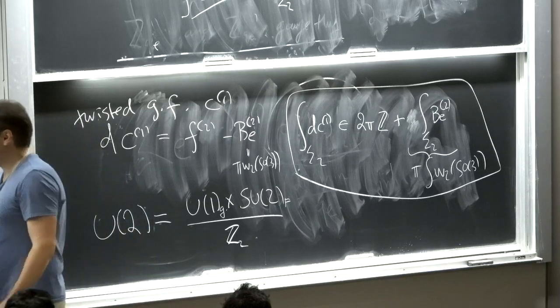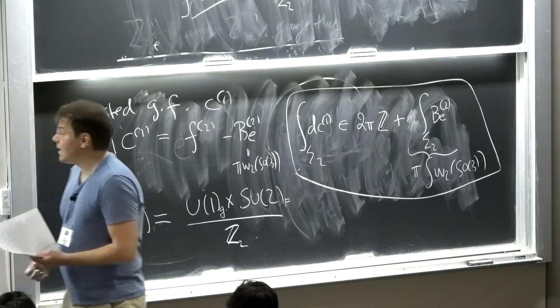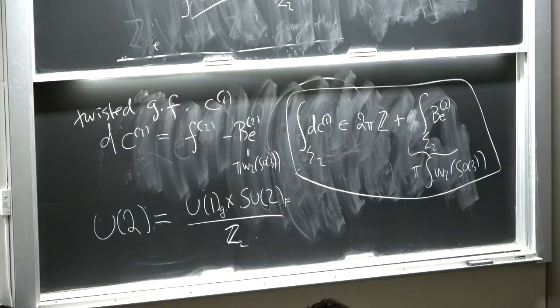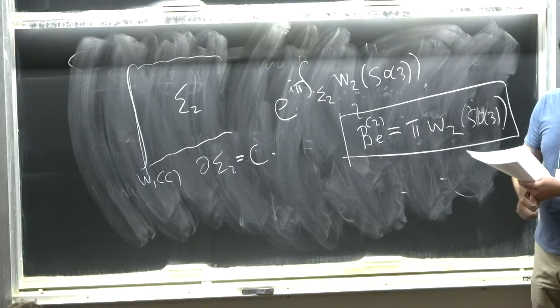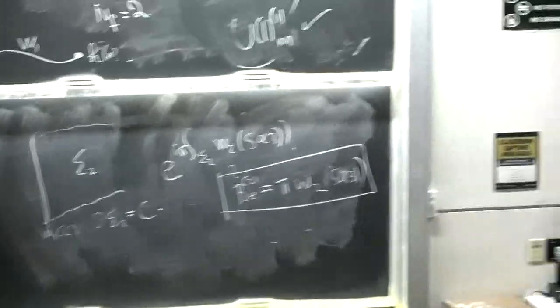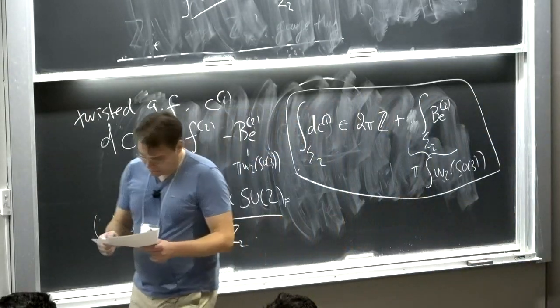Now, for people who've seen spin C structures before, this should ring many bells. I didn't want to get into that discussion, but you can do exactly the same thing with spin instead of with a global SO3 symmetry. For example, if you take QED with electrons of charge 1, then they are spin a half. Normally you think that you need a spin structure to study that theory on curved manifolds, but in fact you can do it even without a spin structure as long as you twist the dynamical U1 gauge field in a way that's completely analogous to this, except that the W2 of the SO3 bundle will be replaced by W2 of the tangent bundle of the manifold. I don't want to dwell on that, but I just wanted to mention it for people who might have heard about this.